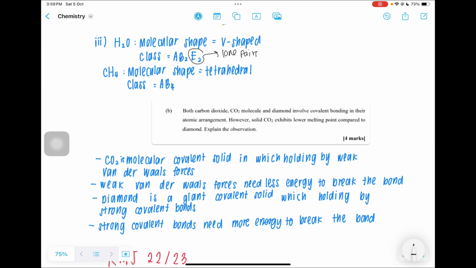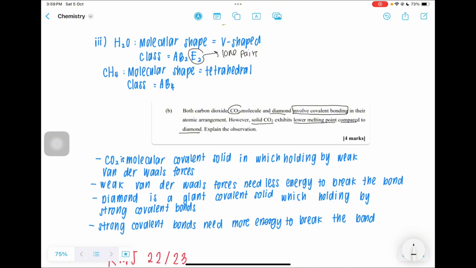So the question asks us to explain why solid CO2 has a lower melting point compared to diamond. Because the question already states both CO2 and diamond involve covalent bonding. But why is the melting point of solid CO2 lower than diamond? So